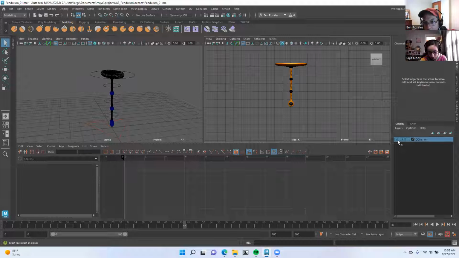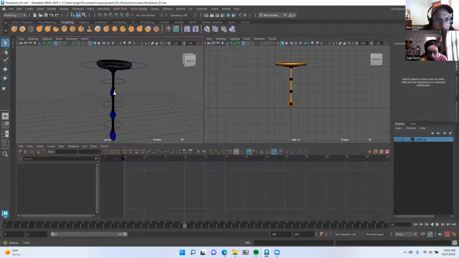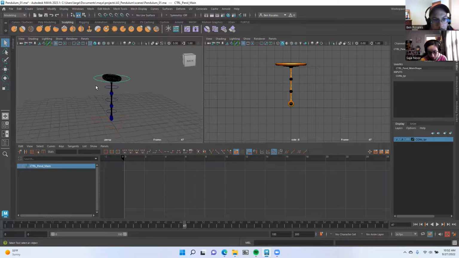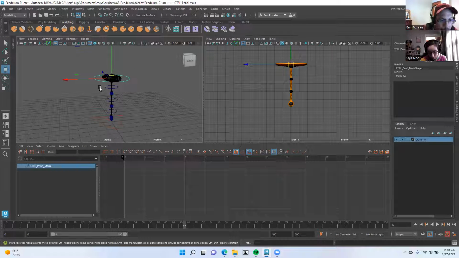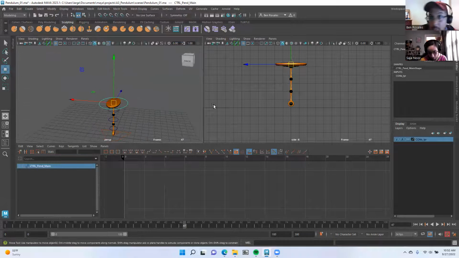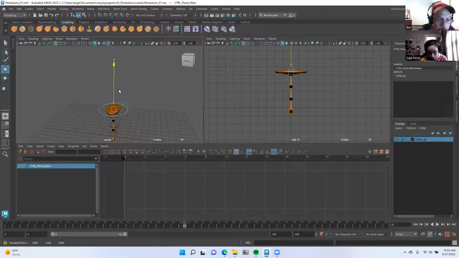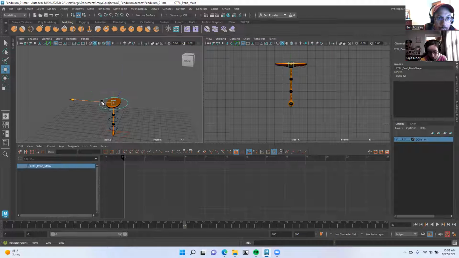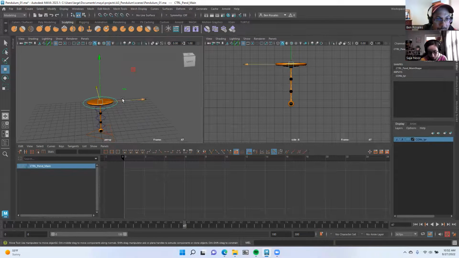I can turn those on. I hit the V and now you can see my cons are turned on. And just to show you a little bit of playing with this, what it does, if I grab this, they call it the main control, I can drag it up in the Y. I can drag it in the Z,